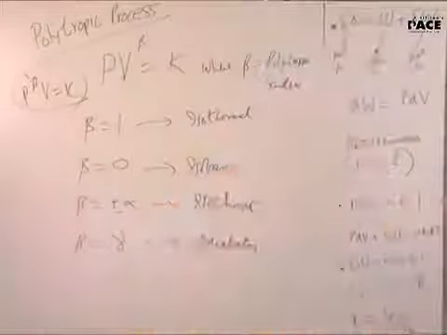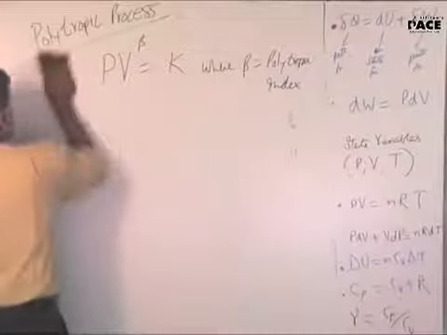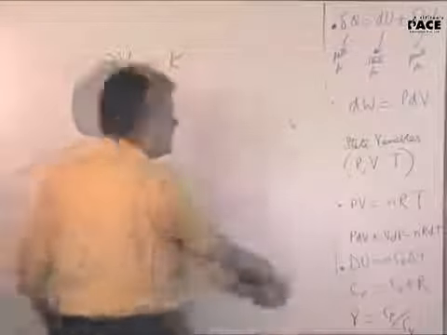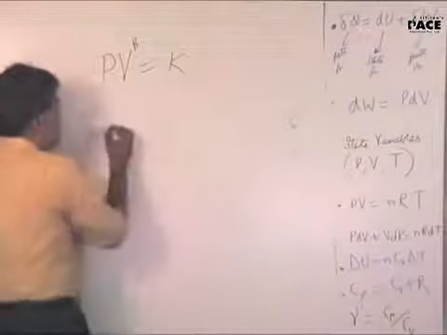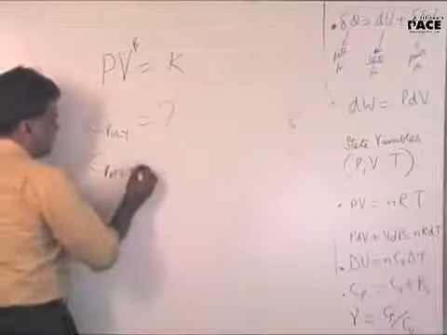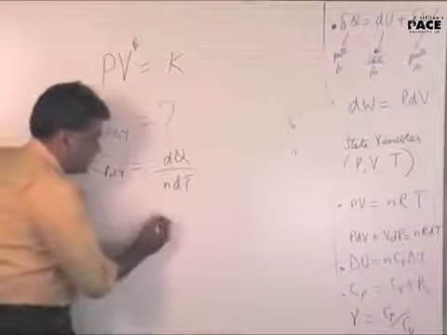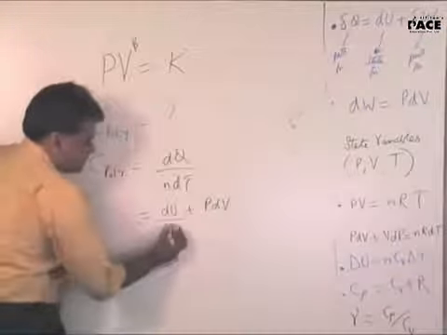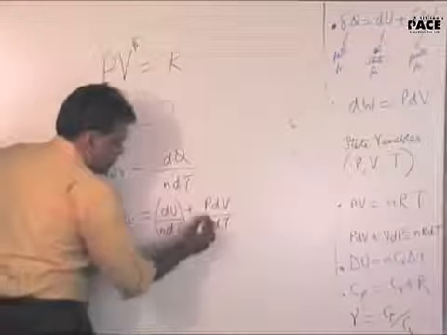So let's see. In order to have a better insight into polytropic process, I pose a question. I'm asking you, what is the molar specific heat for a polytropic process? From there we'll be able to see much more. Or let's say, what is C poly? What do you mean by poly? This will mean dQ by n dT for a polytropic process. And this will be equal to dU plus PdV, the first law of thermodynamics I am putting, for a polytropic process. You can put a bracket and say for poly.